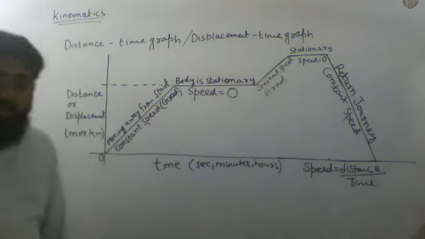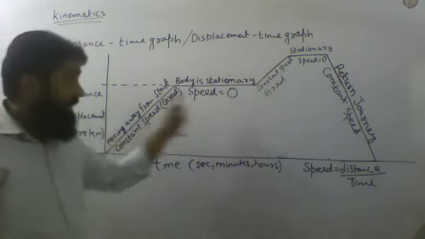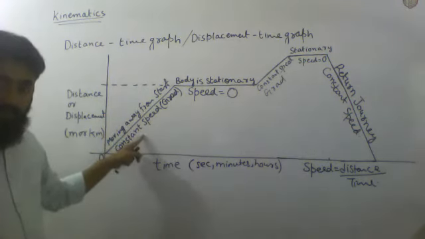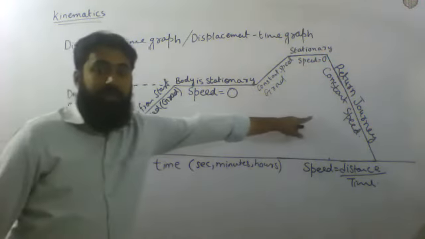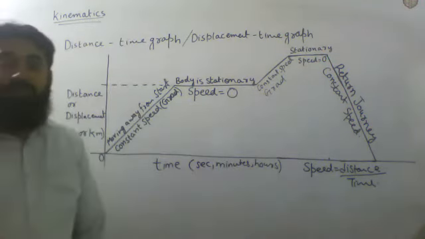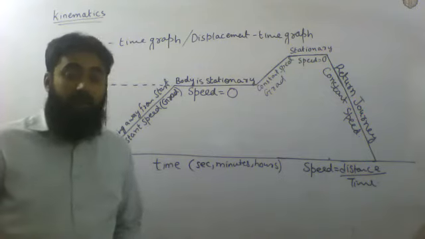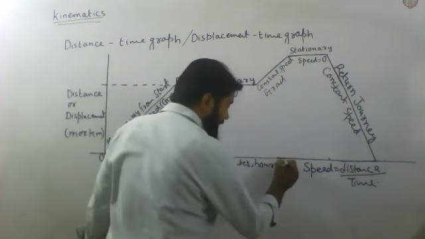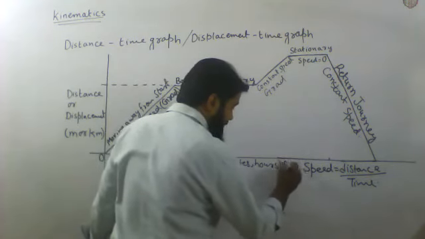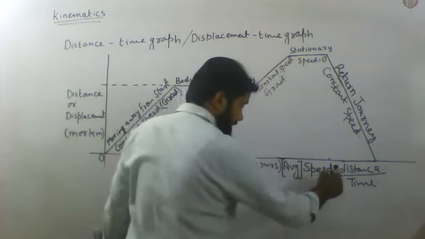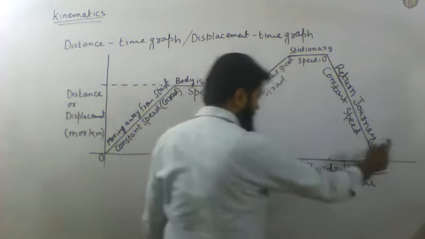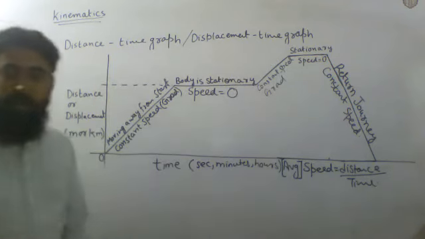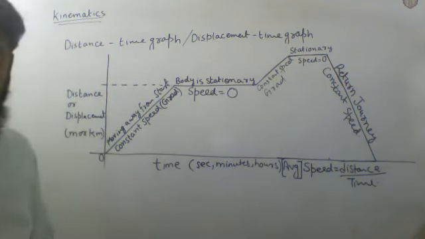When they ask, as you can see, this is a speed, and that is a speed. Maybe all three speeds are different, and they are going to ask what the average speed can be. So what will you say? The average speed will be equal to the total distance covered divided by time, and you will get the average speed over here.